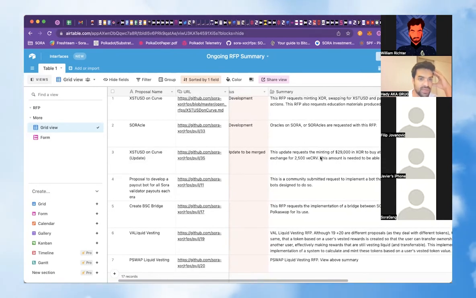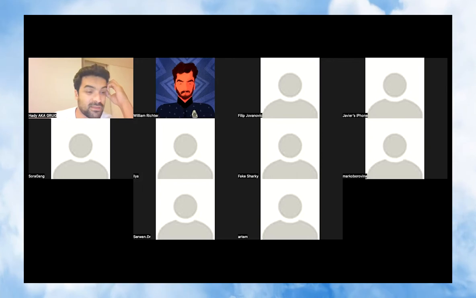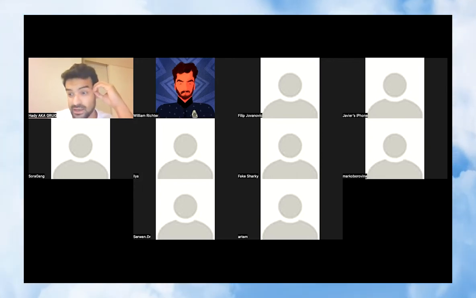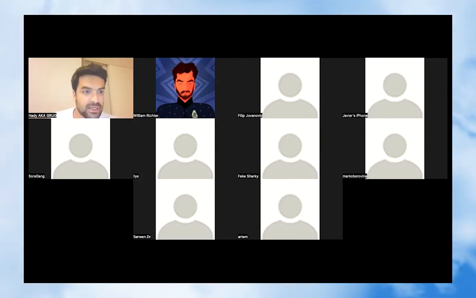Leverage. There are many RFPs. Everyone can create an RFP and just leave it there, and some are proposed by the community, and they just propose it without working this out. And yeah,